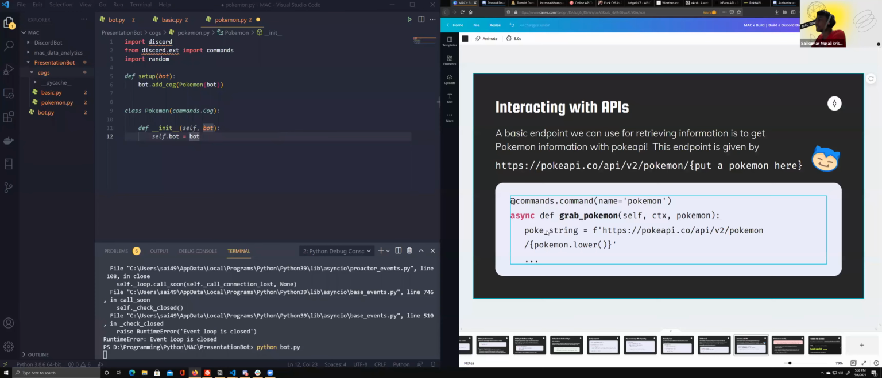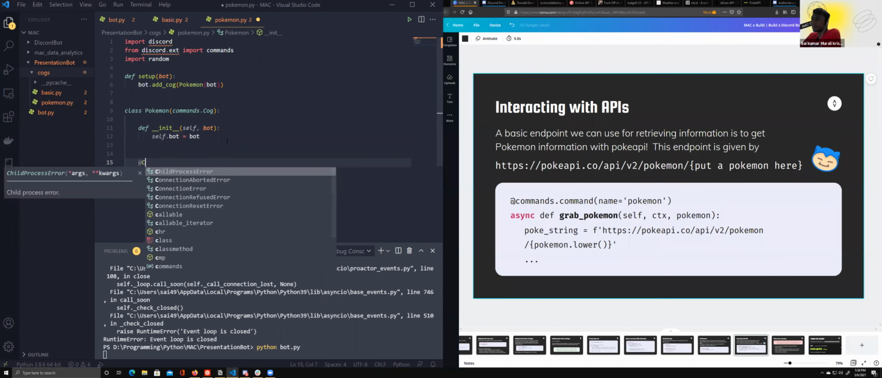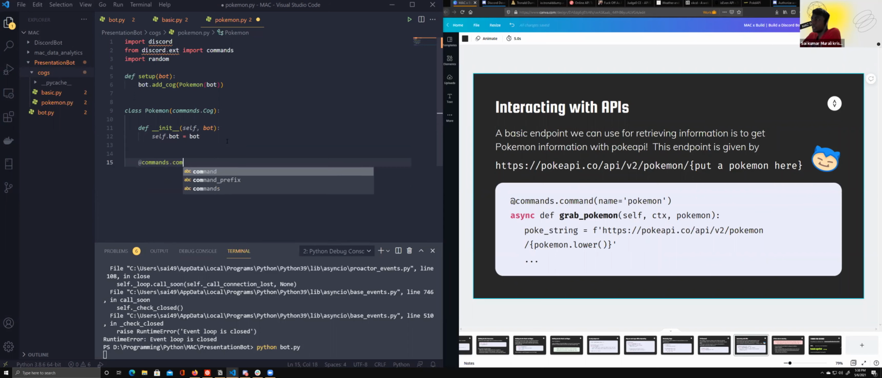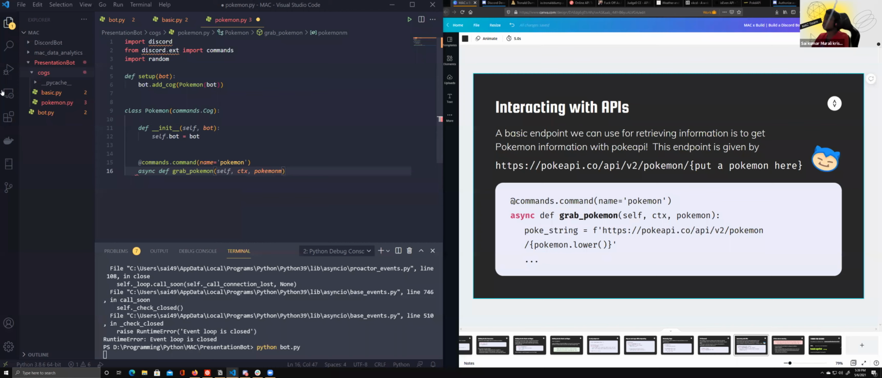Okay, let's get to this. Commands. Command. I'll call it Pokemon, just because we're getting the name of the Pokemon. Async def, once again, grab Pokemon. And I want the context as well, and I want the Pokemon name. Now, just a side note, the Pokemon name has to be lowercase, so I'll just account for that in a bit. And what I'll do here